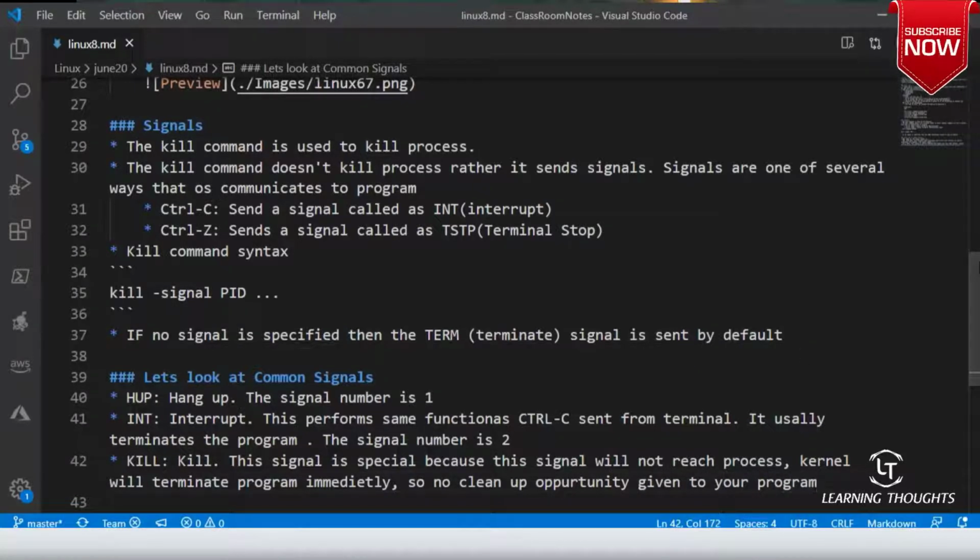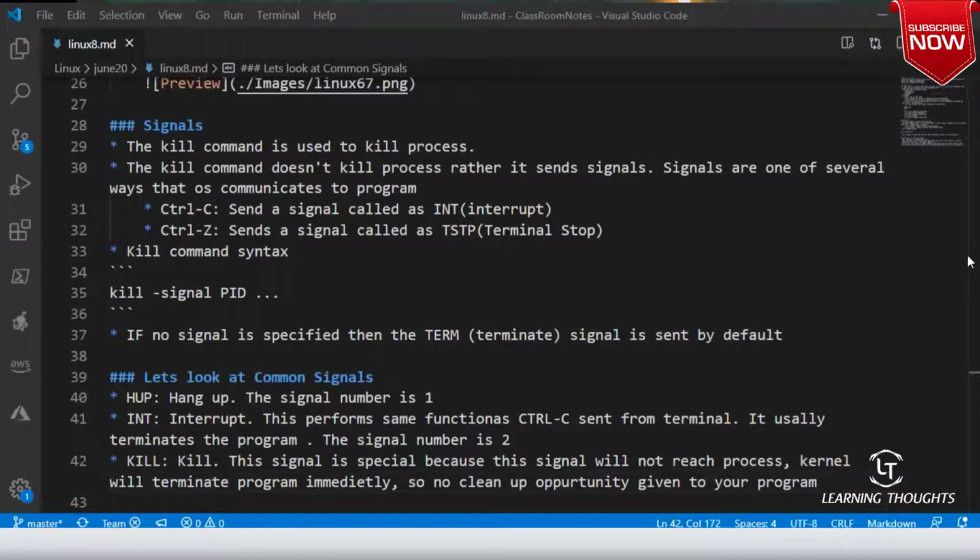Whereas when you do interrupt, this command will reach your process. Then your process will try to kill itself, and when it is trying to kill itself, it will do the cleanup.